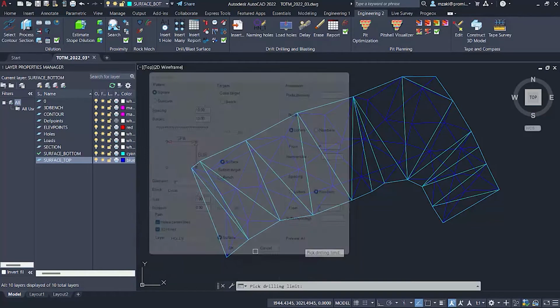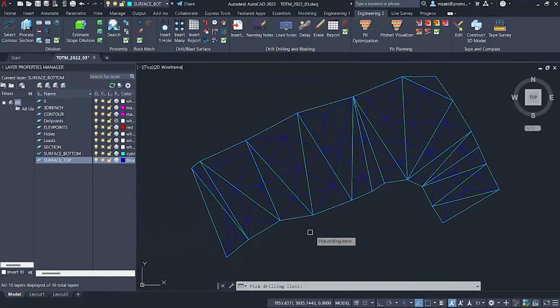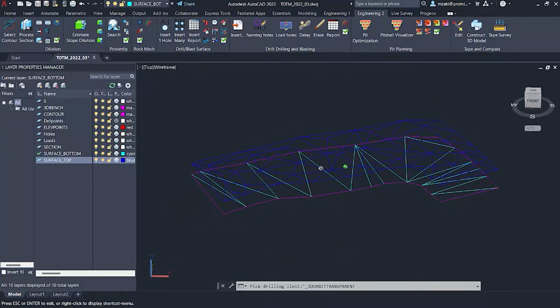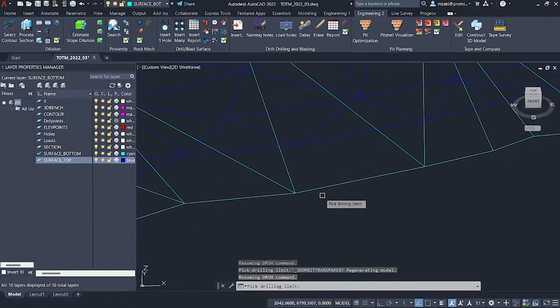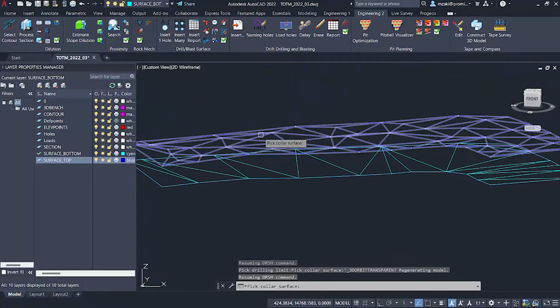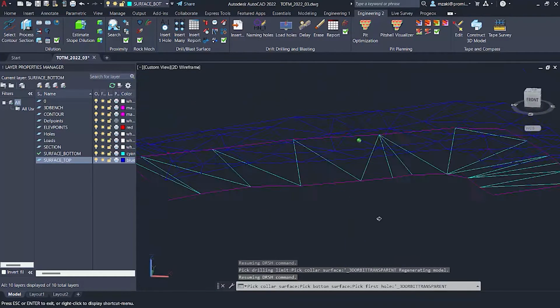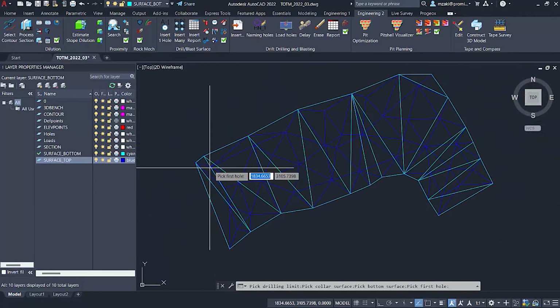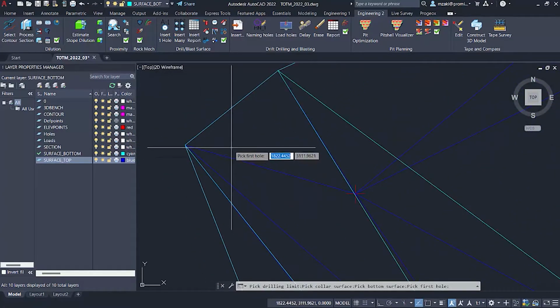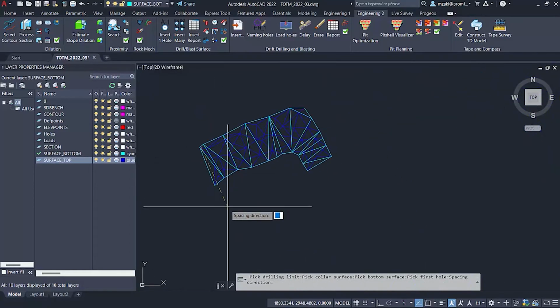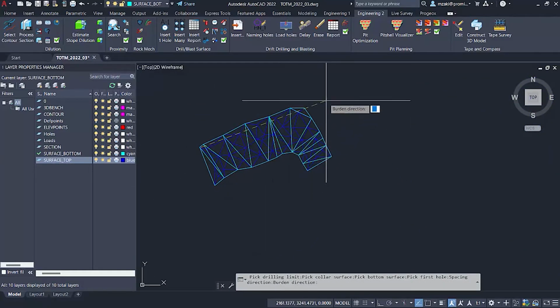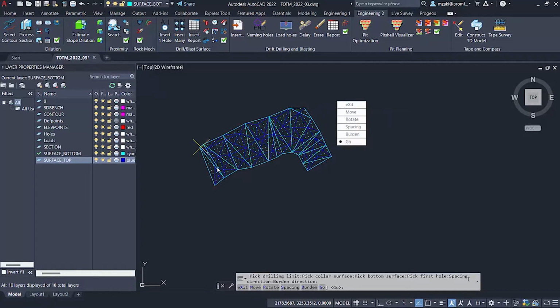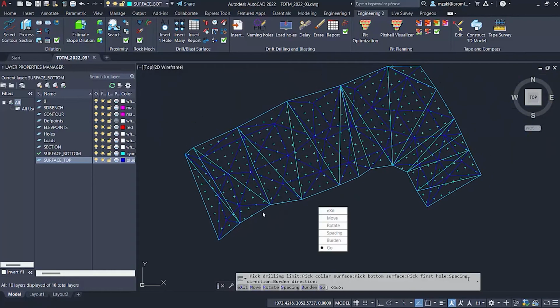So we're going to click OK, select the drilling limit. So in here, as you can see, we have a contour line in pink here. So if I click here, select it, and then I'm going to select the top surface and then the bottom surface. Now I'm going to go back to plan view, and now the system will ask us to pick the first hole. So I'm going to insert it right here, going in this direction, and then the burden will be in this direction here. So as you can see, the program essentially inserted all the drill holes for us,